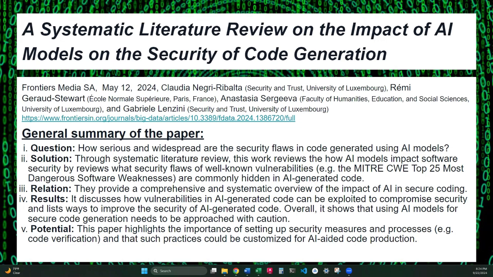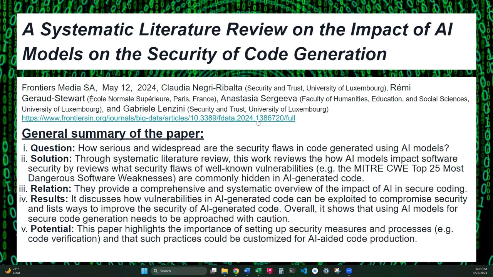Through a systemic literature review, this work reviews how AI models impact software security by reviewing what security flaws of well-known vulnerabilities are commonly hidden in AI-generated code, and by providing a comprehensive and systemic overview of the impact AI has in secure coding, it discusses how vulnerabilities in AI-generated code can be exploited to compromise security.